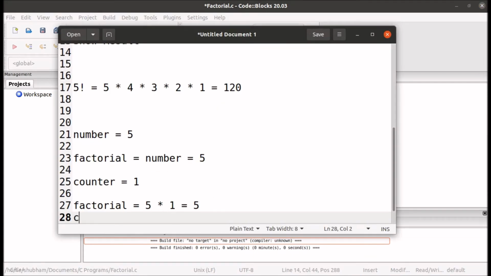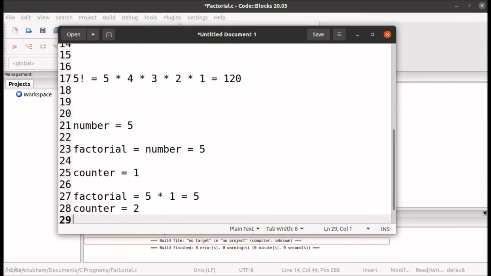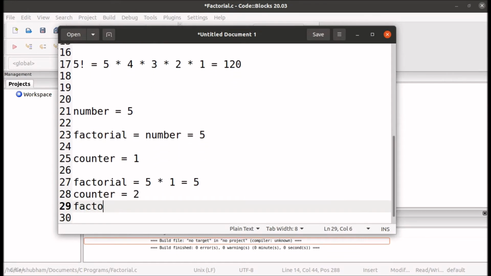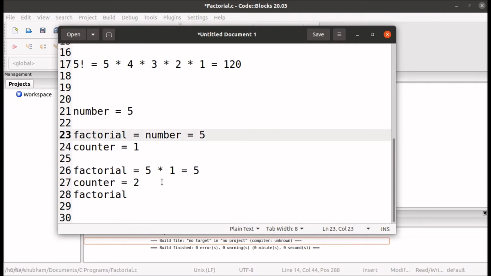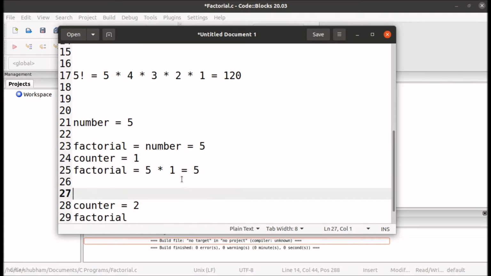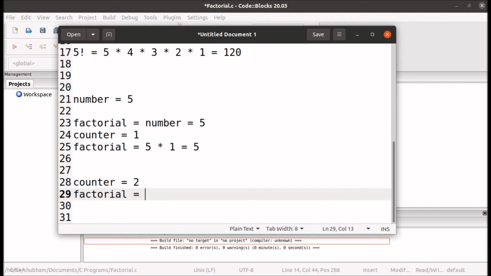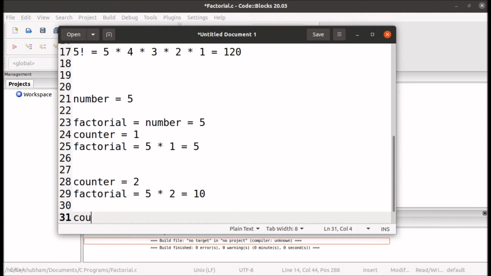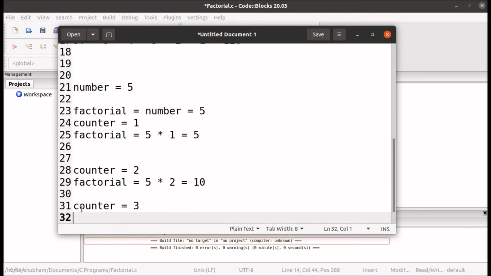So now counter is 2 and the factorial will become 5 multiplied by 2, which is 10. Now the counter will again increase, so counter will become 3 and it will check is the value of counter less than our number.